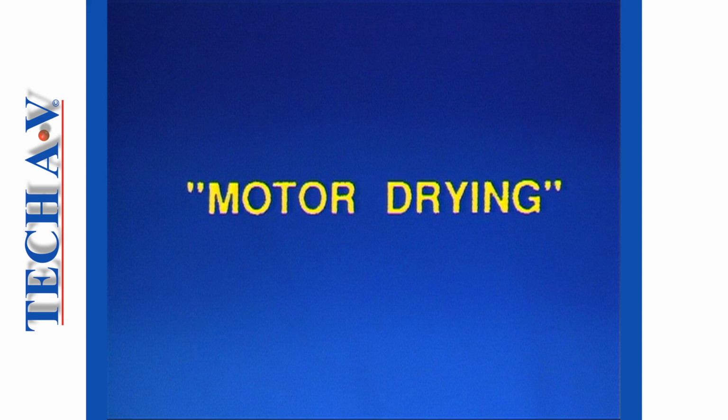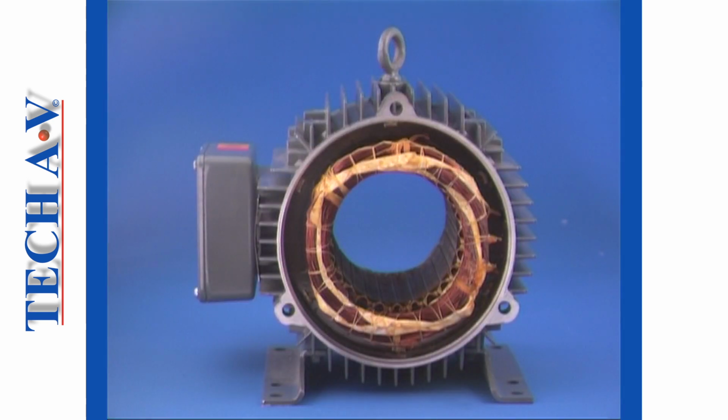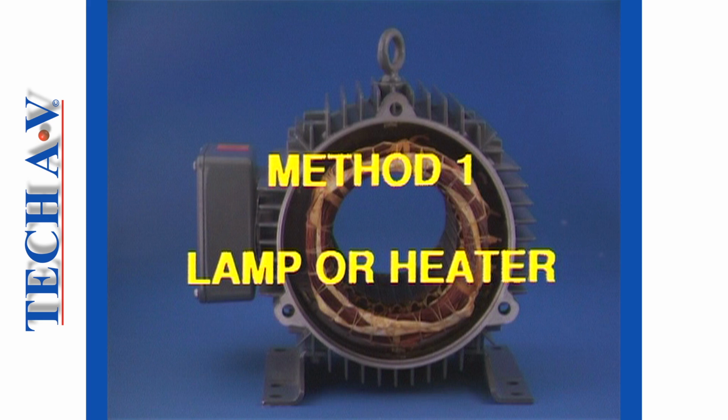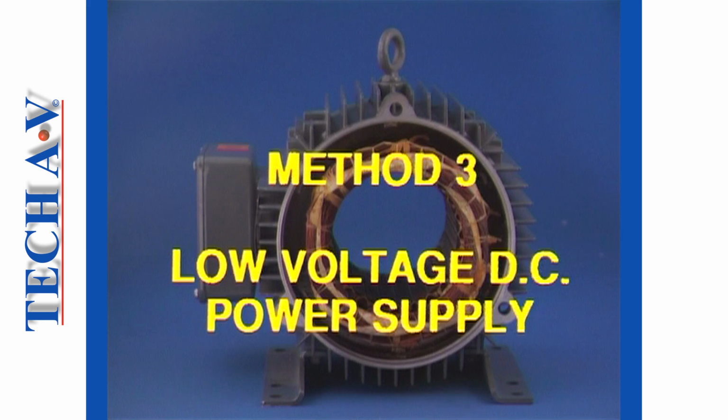We continue as we now discuss motor drying methods. In essence, a motor is dried by warming the stator coil windings in order to evaporate any moisture. There are primarily three methods we can employ, namely, using heaters or lamps, using an oven, and using low-voltage DC